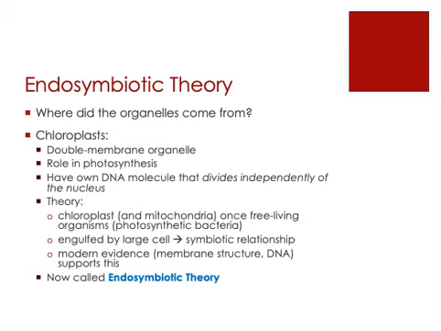Now, for the chloroplast specifically, because the chloroplast is involved in photosynthesis, the belief is that the chloroplast was once a free-living photosynthetic type of bacteria, primitive bacteria, and that what must have happened at some point in our evolutionary history